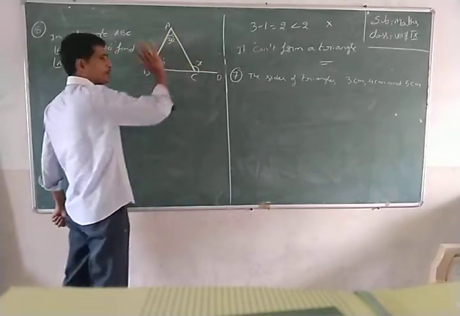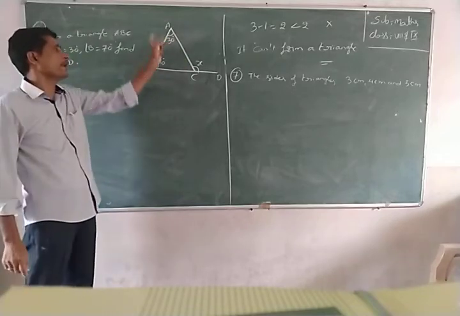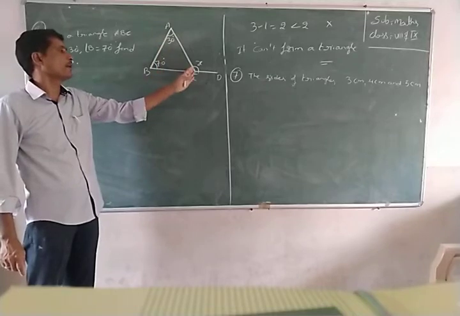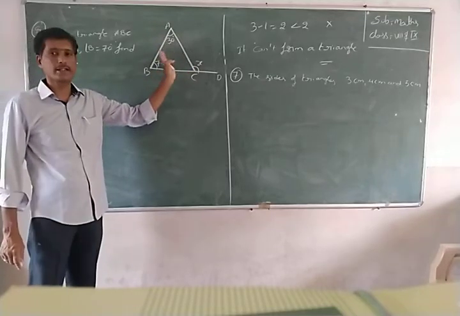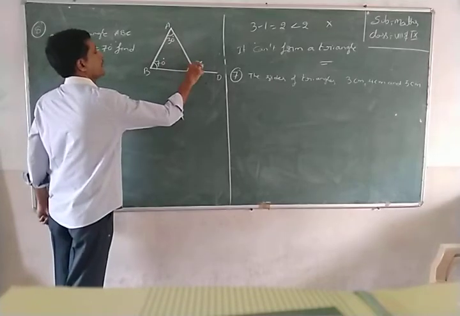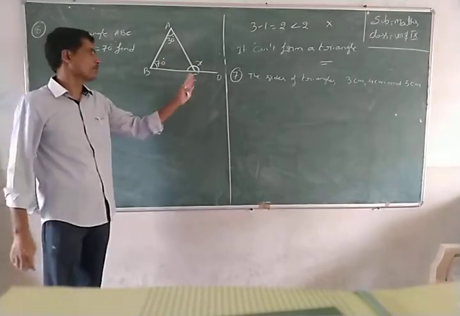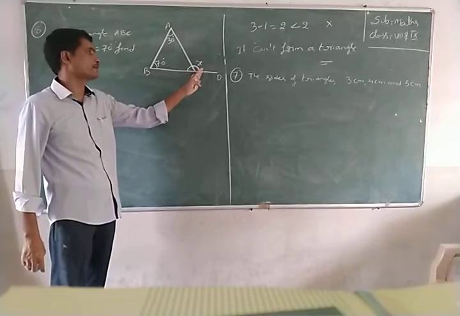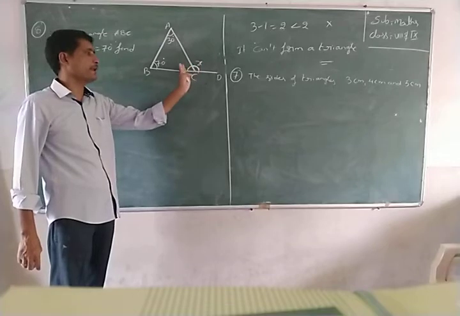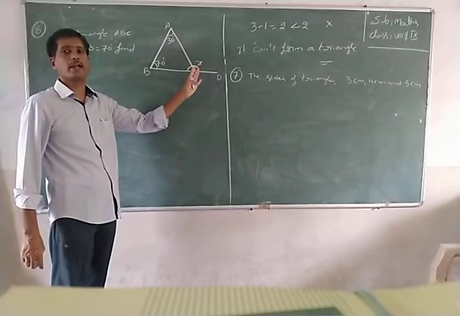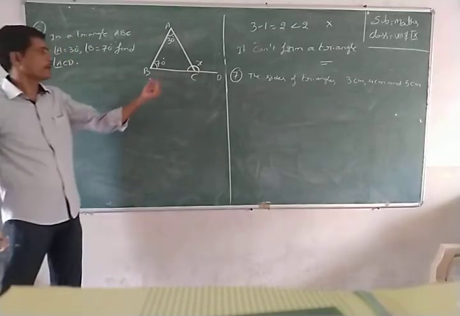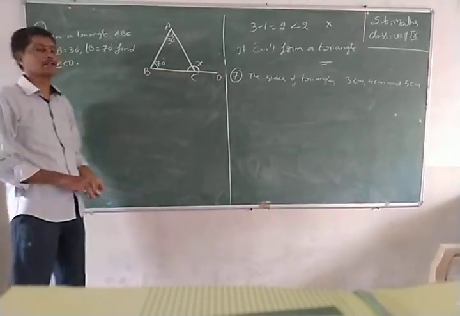Here one triangle is formed, triangle ABC. Find the angle C. Next, at point C the total angles form a linear pair. Linear pair means the sum of these two angles equals how much? That is 180 degrees. You know this angle is 80 degrees. Find this angle: 80 plus angle x equal to 180. Therefore angle x equal to...